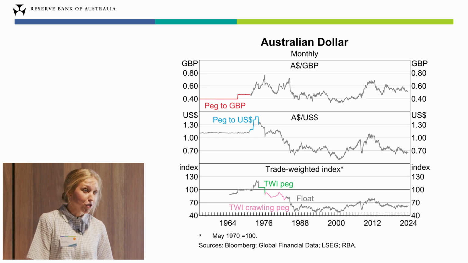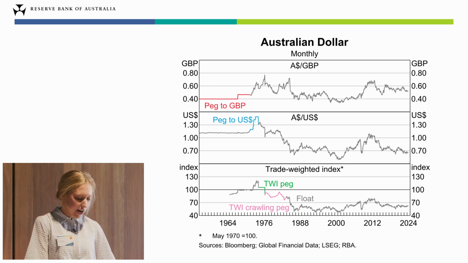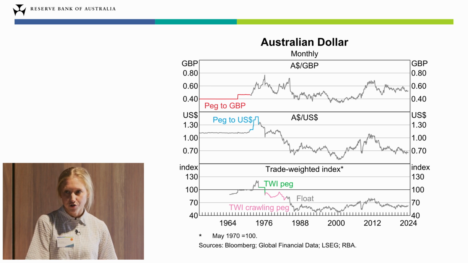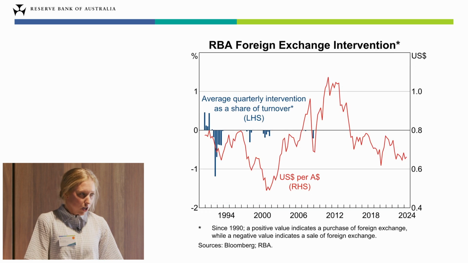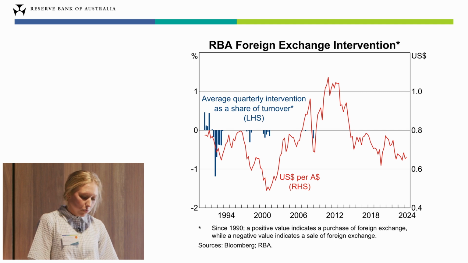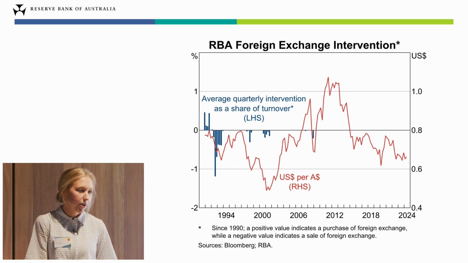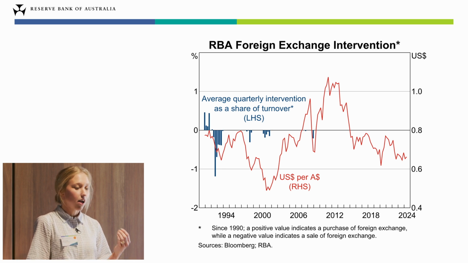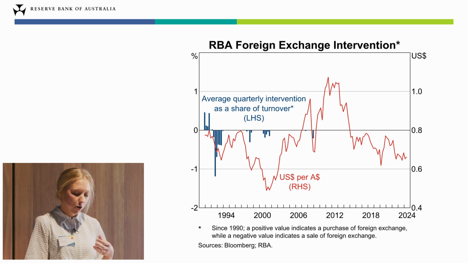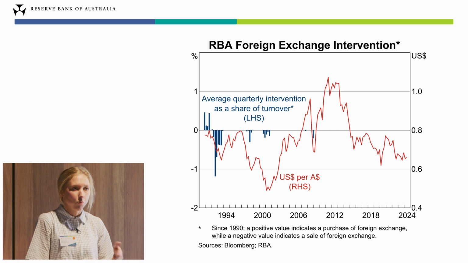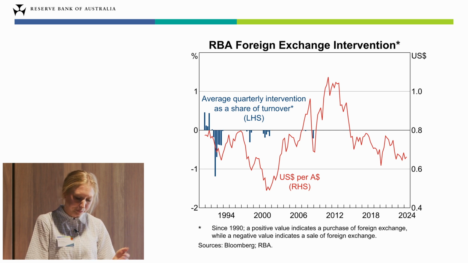It's also really important to note here that affecting the exchange rate isn't a primary function of the bank's monetary policy. So after the Aussie dollar was floated in the early 80s, interventions were small and frequent. And the aim here was to smooth out volatility in the market in order to help participants manage their positions in, at the time, what was a relatively new market.